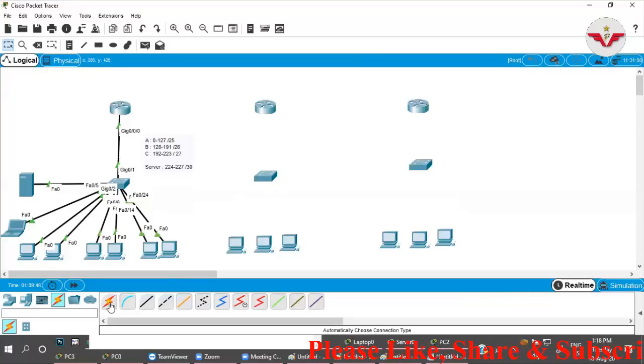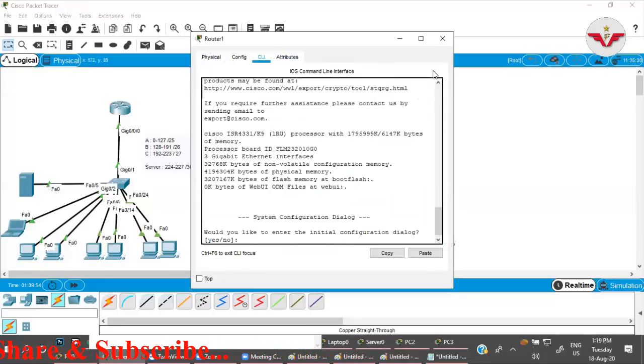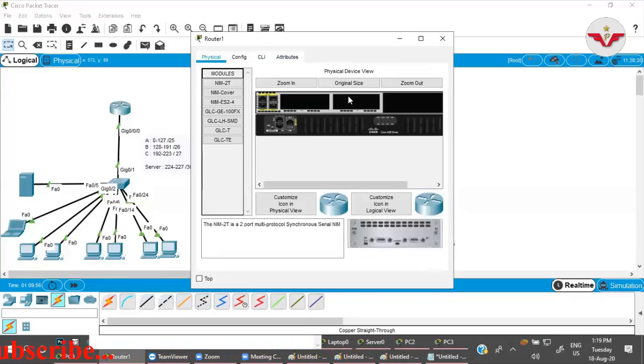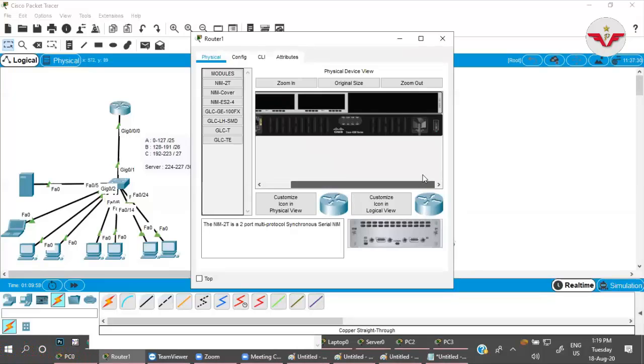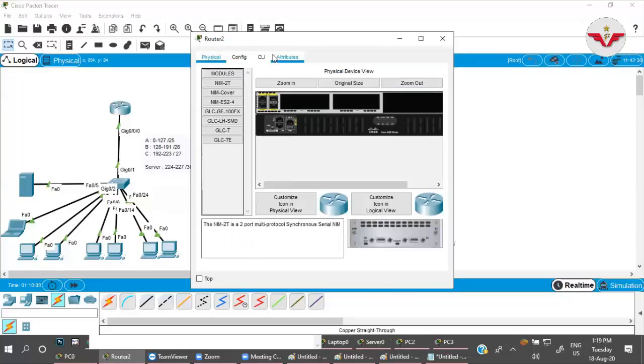Here I will require 3 ports. So let me connect. Let me add a physical port here. Done. And this also let me connect.